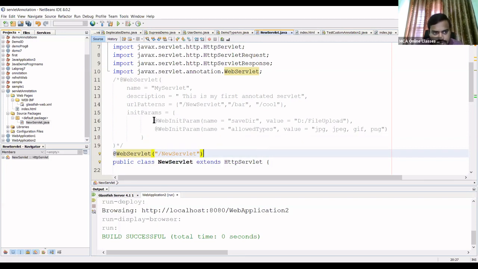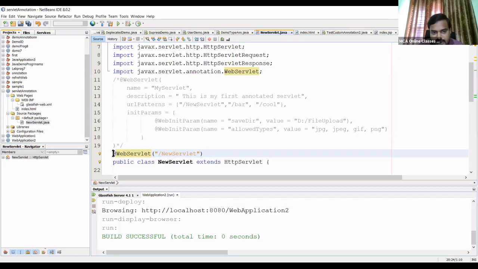I have not used any XML technology, just one line of code. I have used this built-in annotation @WebServlet. I just use this URL pattern, /NewServlet.